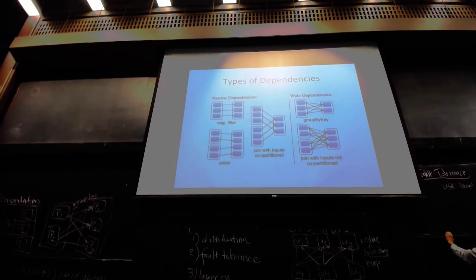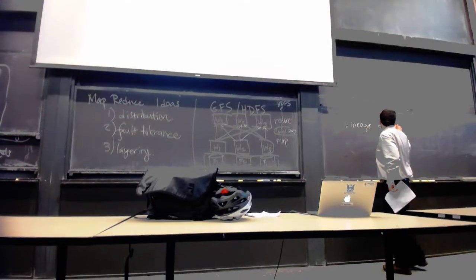The next thing to talk about is this notion of lineage. This shows different types of lineage, but these operators are not all a linear relationship between input and output. Sometimes a given output gets fed into multiple inputs, like when we're doing joins or group bys. We have this many-to-many kind of mapping. So we have to keep track of the fact that a given output partition can depend in general on an arbitrary number of input partitions. So lineage is the dependency graph